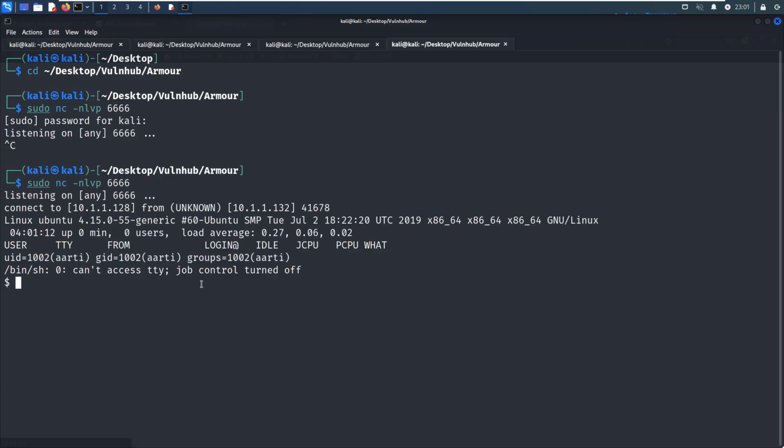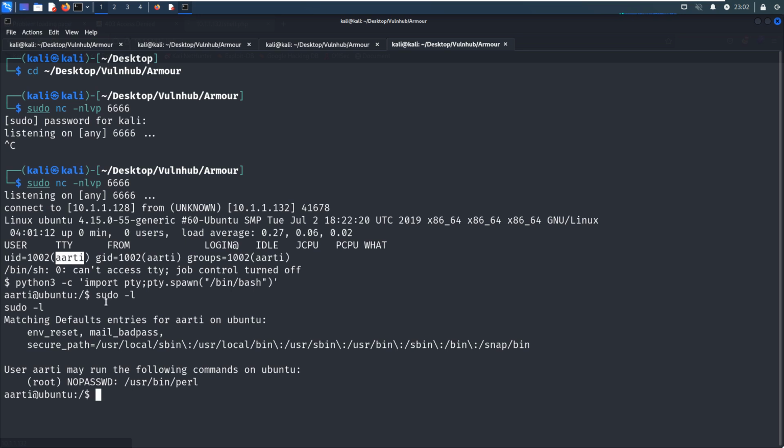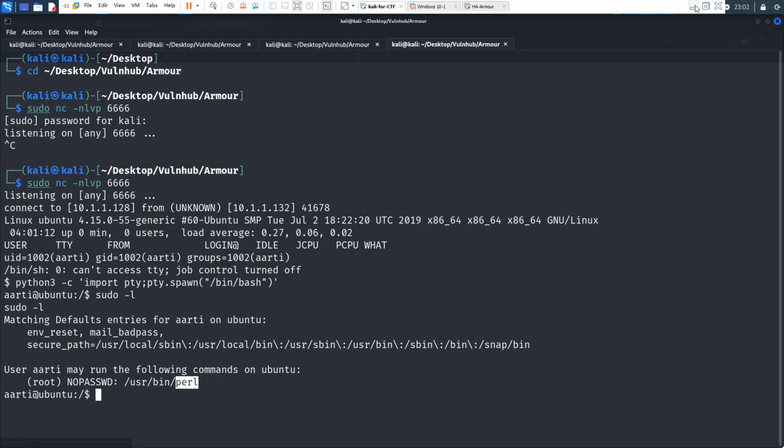Welcome back. I just did nothing except restarting the target machine again. And this time we got another shell which is owned by another user, which means that we have really made a successful lateral movement. And we can spawn the interactive shell. And next we need to make privilege escalation. For example, we can check whether this current user can run sudo. It can.